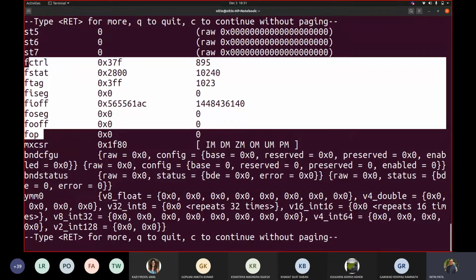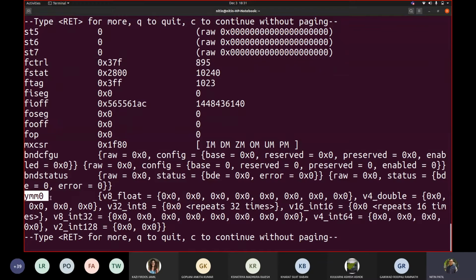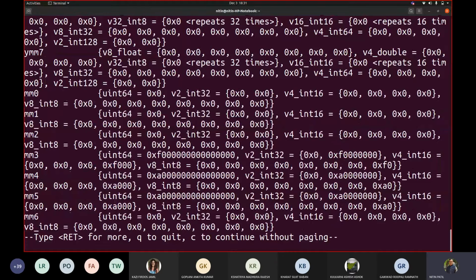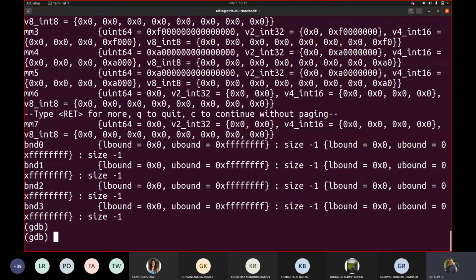Then there are some internal registers. Later comes YMM0, YMM1, YMM2 and so on. These are used for different operations related to SIMD kind of operation. Single instruction, multiple data. Okay. And multiple instruction, single data. Whatever the things that we saw in this LLP course, they all are single instruction, single data. Correct. Every instruction works with only one data element.